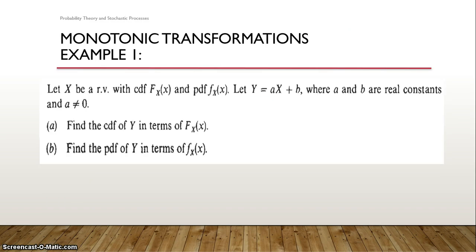Coming to a small example, we learn it by transforming from one variable to another variable. Let us see monotonic transformations first. Normally the complete concept here is about how you transform from one variable to another variable using its distribution function and density function. It is simple to transform from one variable to another: just substitution.